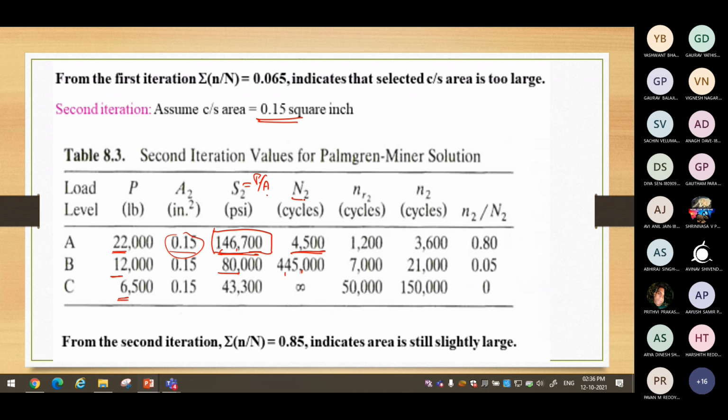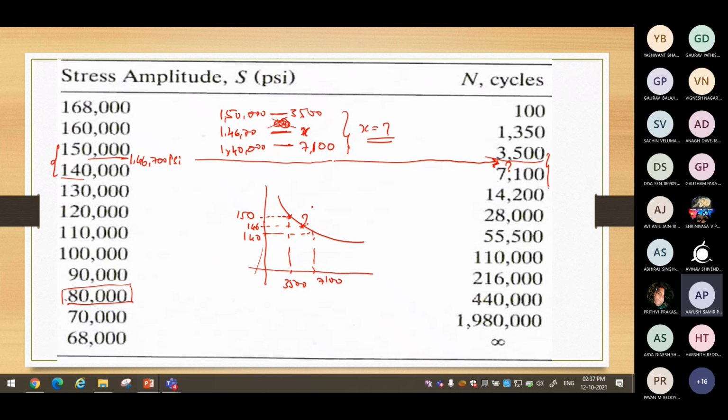Excuse me, sir. Could you explain how you found N2 for 4,500 cycles? How did you get 4,500 cycles? Is it normal linear? Sir, is it linear interpolation? A regular linear interpolation you can apply, but not the cross multiplication. Okay. Despite it not being linear, if you apply at least that interpolation, you will get a better result. You can go to non-linear, no problem. But for simplicity, you rely on simple linear, but not the cross multiplication. Okay, sir. One order is enough. No need to go for the second order equation.